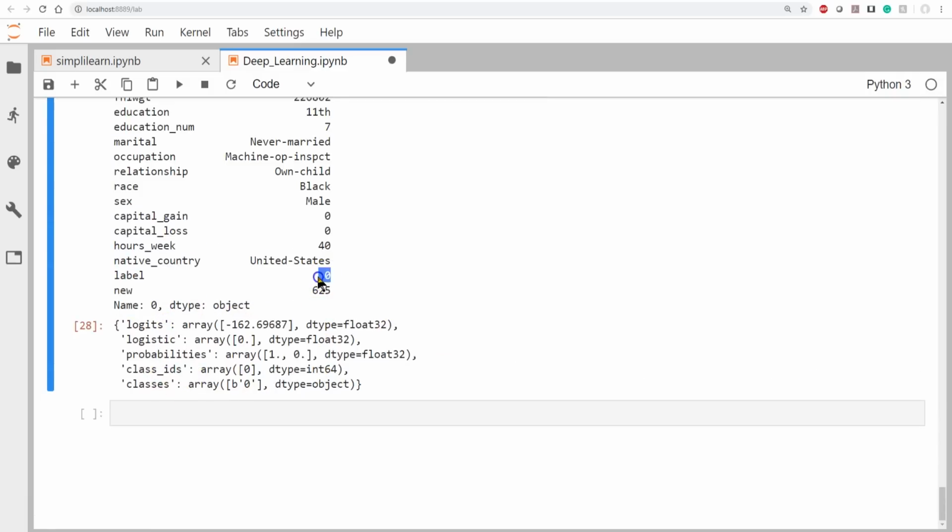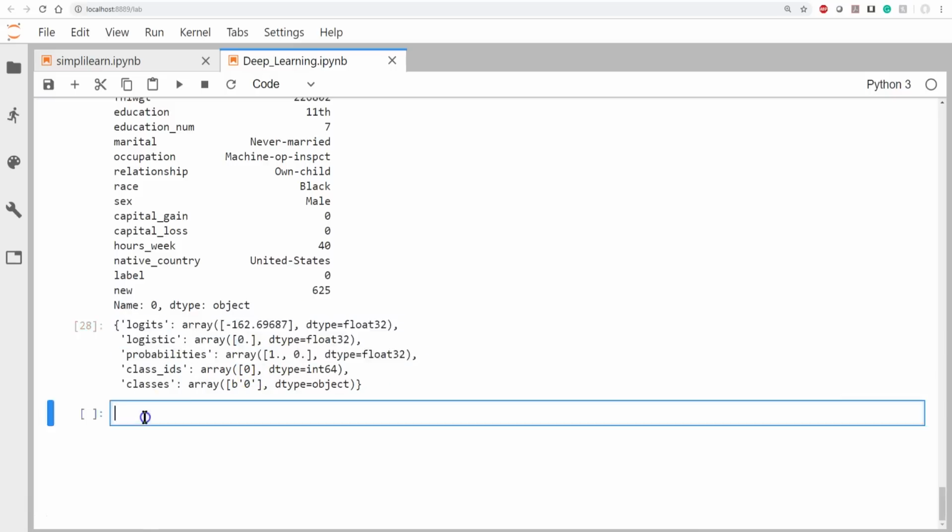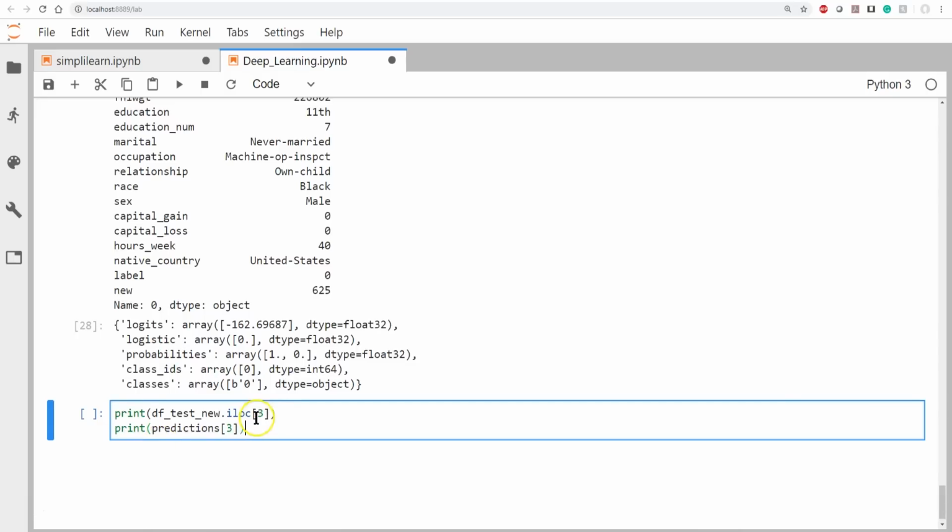And in this particular instance, there's our label 0. And then we come down here and we see, it takes a little bit for the setup to look up, but there's our array which also returns a 0. And it has information for us on there, probabilities, logistics on here. So you can see there's all kinds of additional information you can pull from this. And likewise, we could do it for position 3. Let me go ahead and run that.